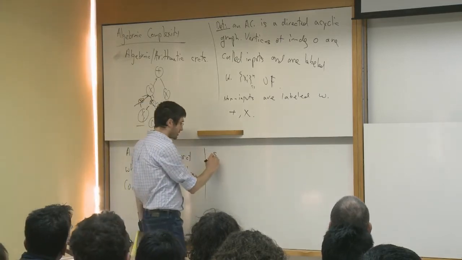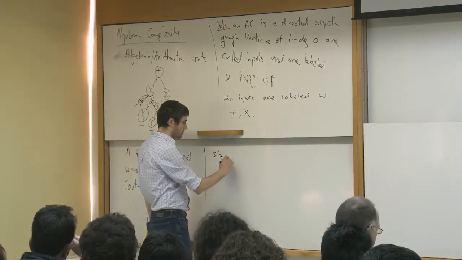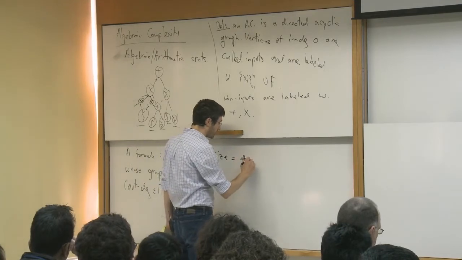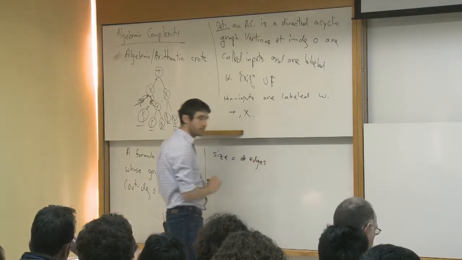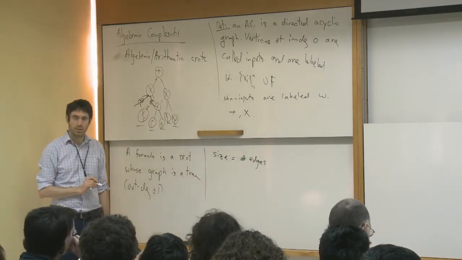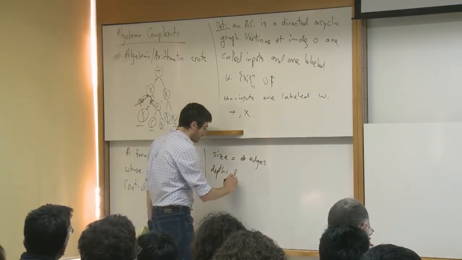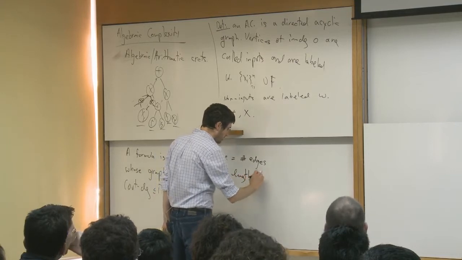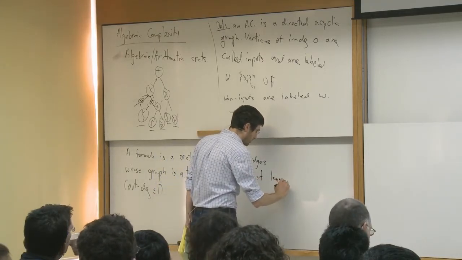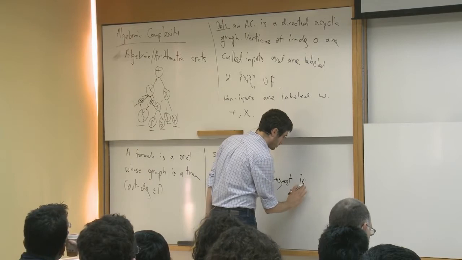So what are the complexity measures that we associate with arithmetic circuits? One measure is the size of the circuit, which for now, let's say it's the number of edges in the circuit. And there's the depth of the circuit, which is the length of the longest input-output